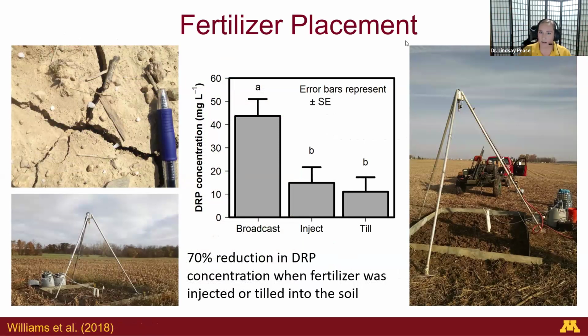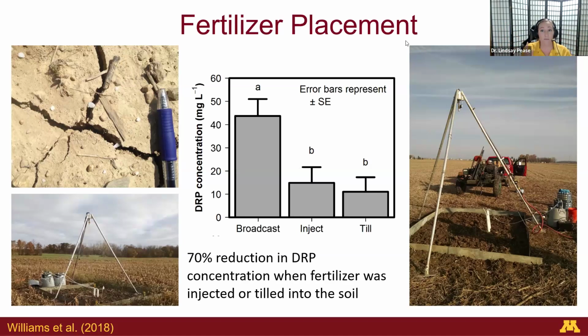Now, it's going to take a rainfall for that fertilizer to dissolve and attach to the soil, but it doesn't really ever make it much further than the top 2 inches of the soil. So what we want is for that fertilizer not to be broadcast, but to have an opportunity to bind with the soil. There are no-till injection systems where you can inject fertilizer, you can inject manure, you can place fertilizer below the ground surface. But again, that is another equipment cost that a farmer would need to purchase.